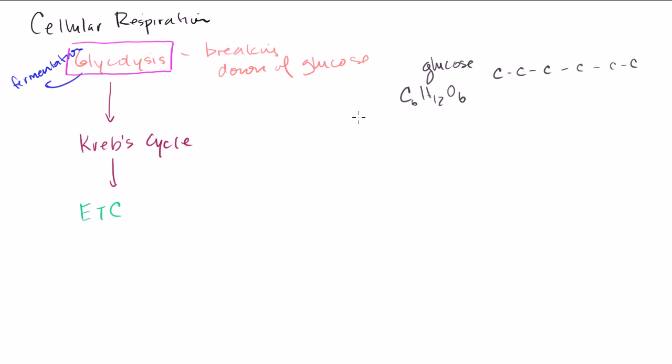in a row. Now, there are 2 important phases of glycolysis that are good to know. One I call the investment phase, and the investment phase actually uses 2 ATPs. So the whole purpose of cellular respiration was to generate ATPs, but right from the get-go, I actually have to use 2 ATPs. But I use 2 ATPs, and I'm going to essentially break up the glucose into 2 3-carbon